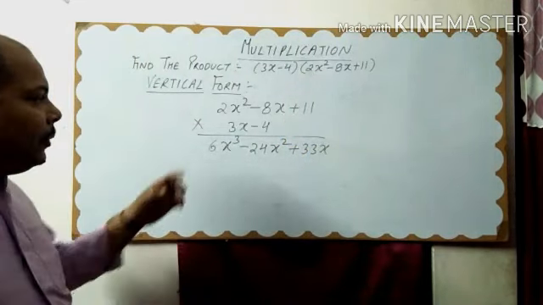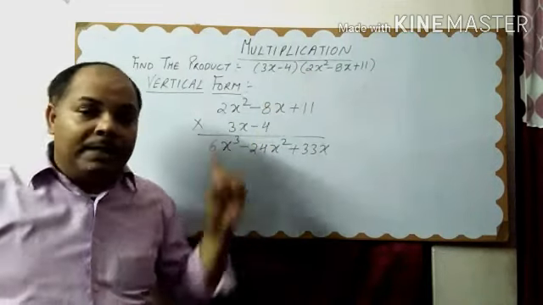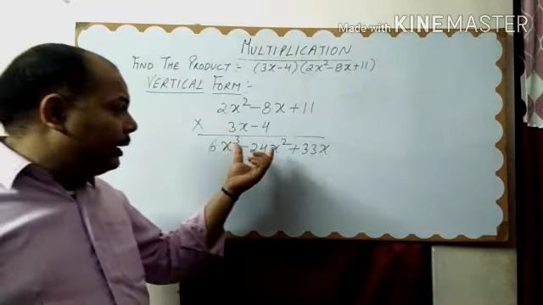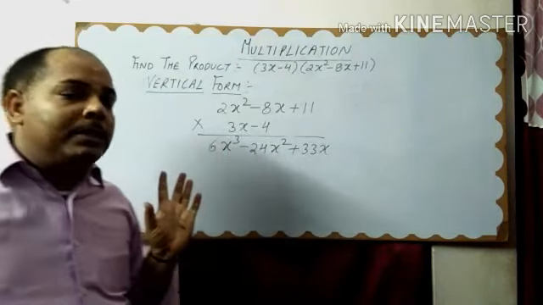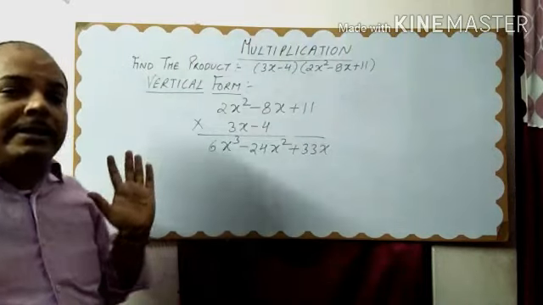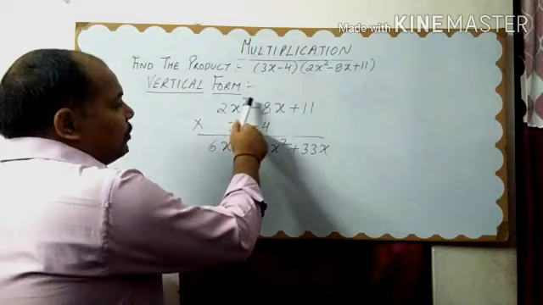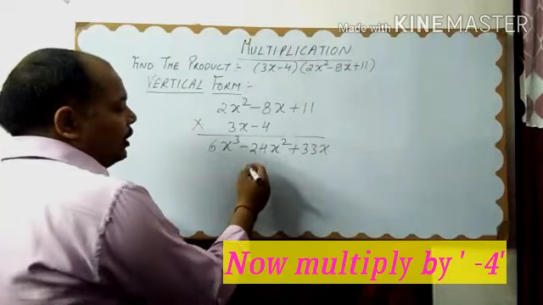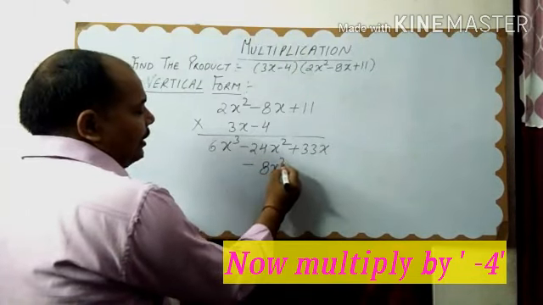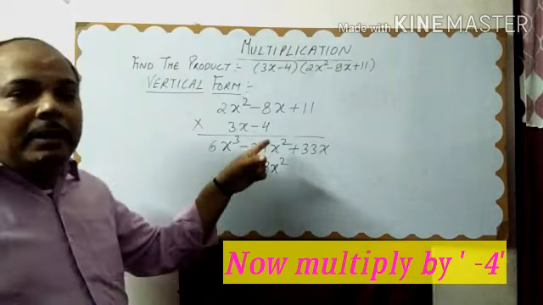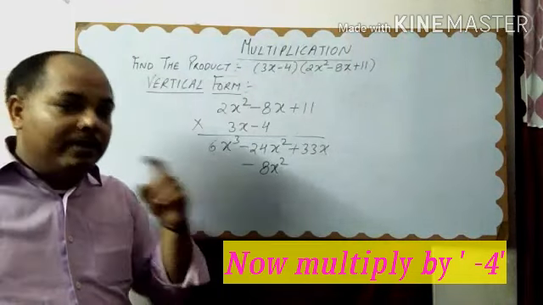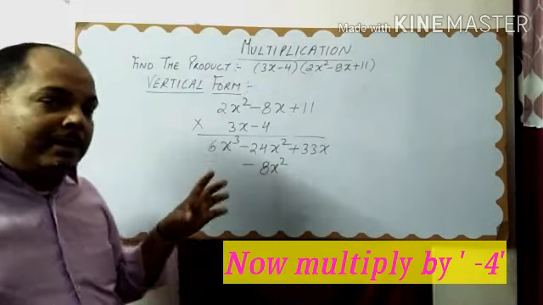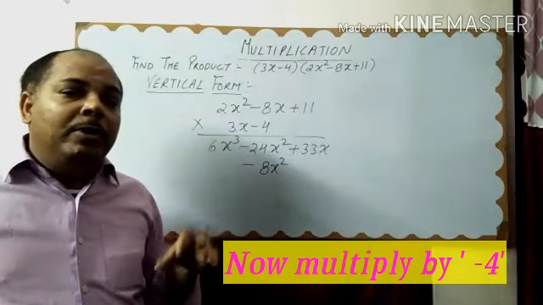Right? Now when you multiply these 3 terms by -4 and write down below it, remember that you will write like terms below the like terms. Means same terms should be under each other. So when you multiply 2x square by -4, 2 4s are 8, it will be -8x square. So you will write here minus 8x square, because both terms are like terms. Because in adding or subtraction, it is compulsory to write down the like terms below each other.